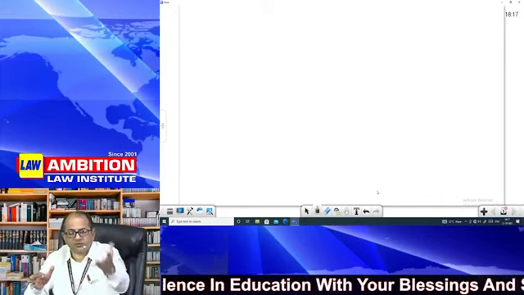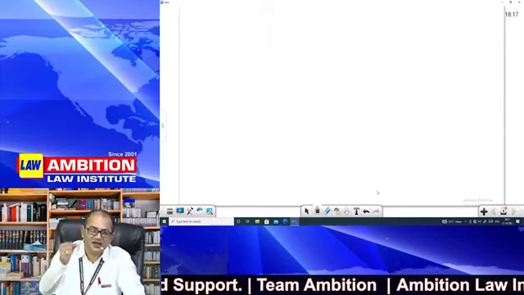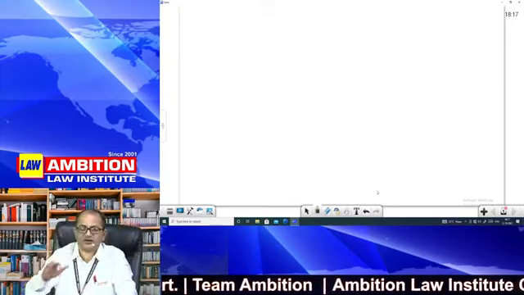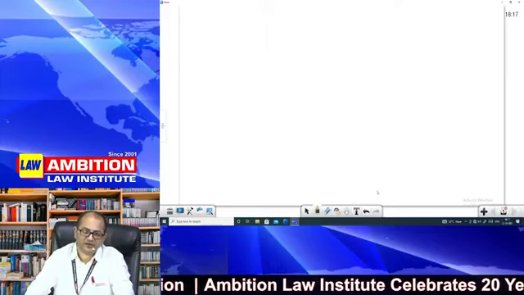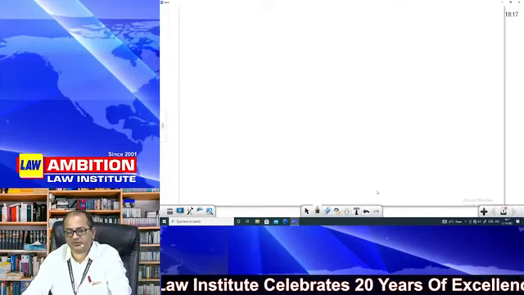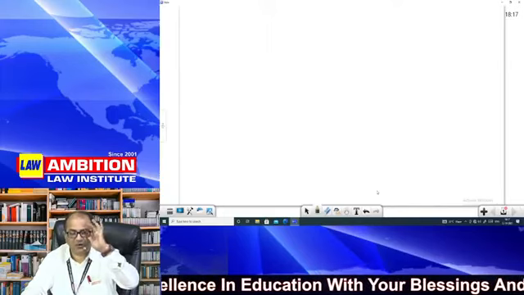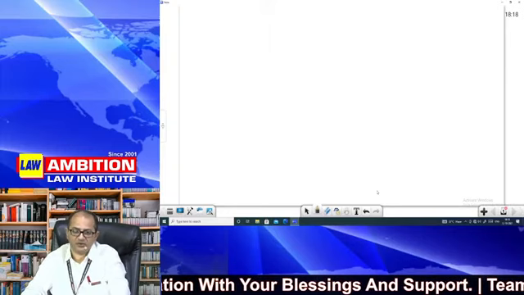Bar council secretary was there. Some people, 4 or 5 people, came to me and they said, can we see a demo for 5 minutes or 10 minutes in your class? I was sitting with them in my office. Now the office is at Main Road, but it was here near my classroom from where I am speaking right now. So we came together to the class and I gave them a 30 minutes lecture. They were all surprised at how one can memorize so many sections in one go.